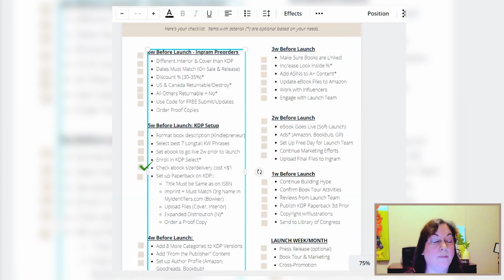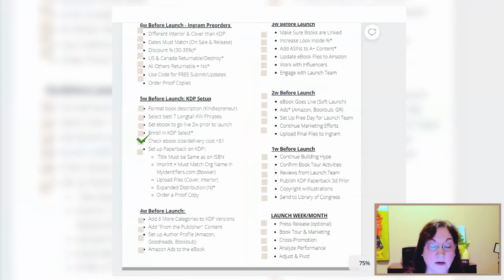Because when you upload your files for ebooks, one common mistake that I see, especially from other graphic designers that I've worked with, is delivery cost of $5 on an ebook that you would normally charge $2.99. I don't think so.